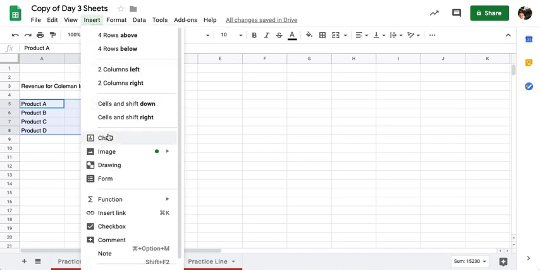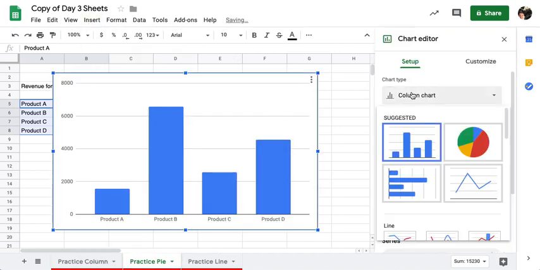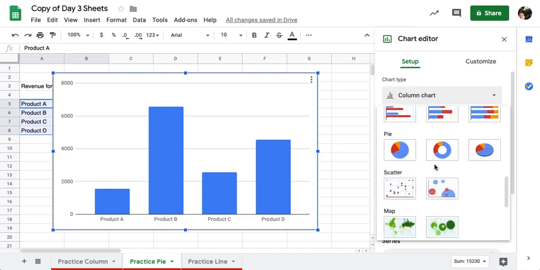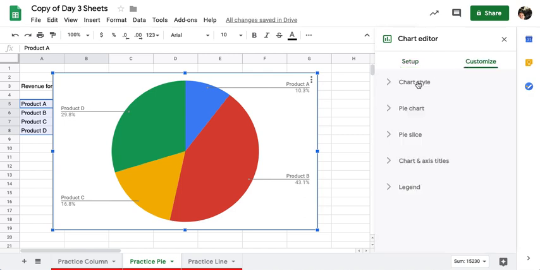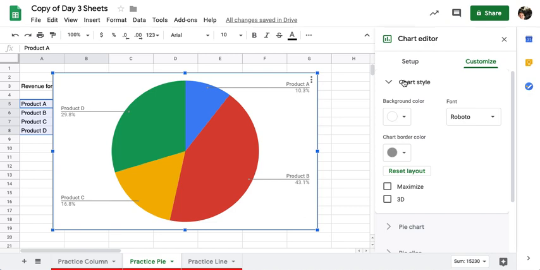Okay, so I'm going to go to Insert Chart. This time it did not guess correctly, so here's a pie chart. But if you scroll down, you can see there's different kinds of pies. All right, under Customize, most of this is the same, but there are a few things that can be different. So for example,